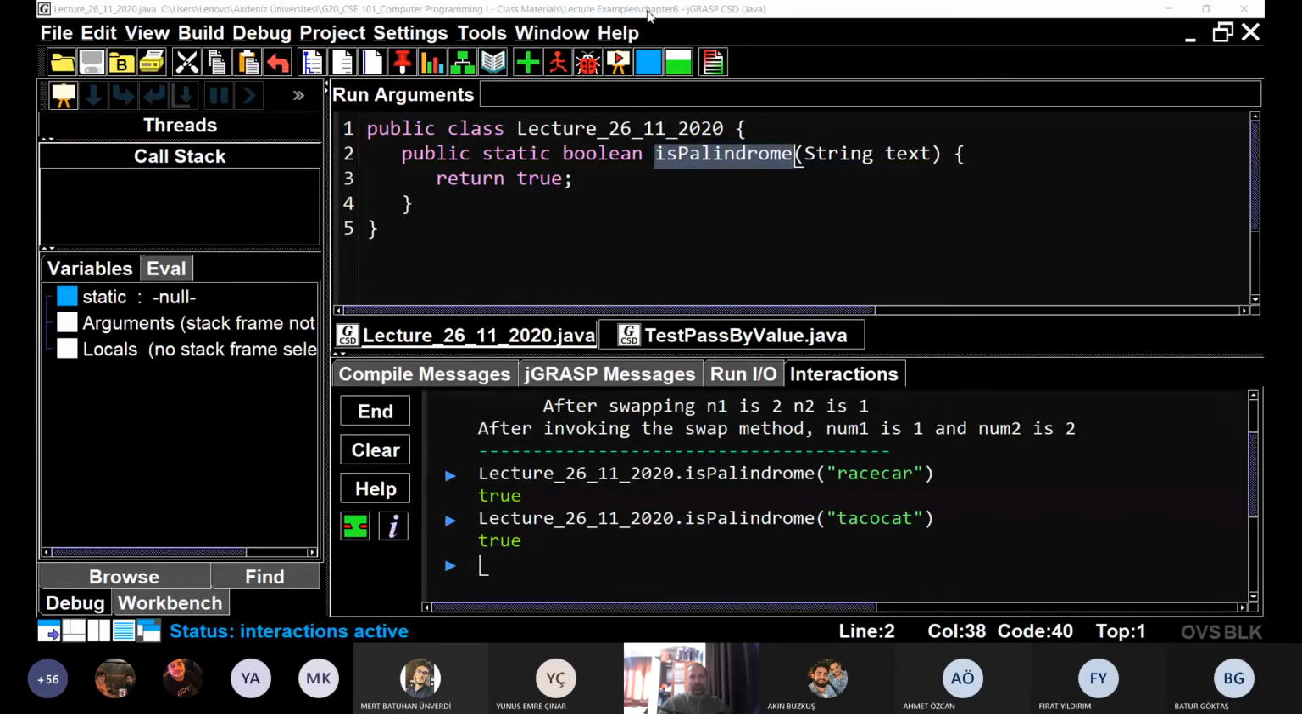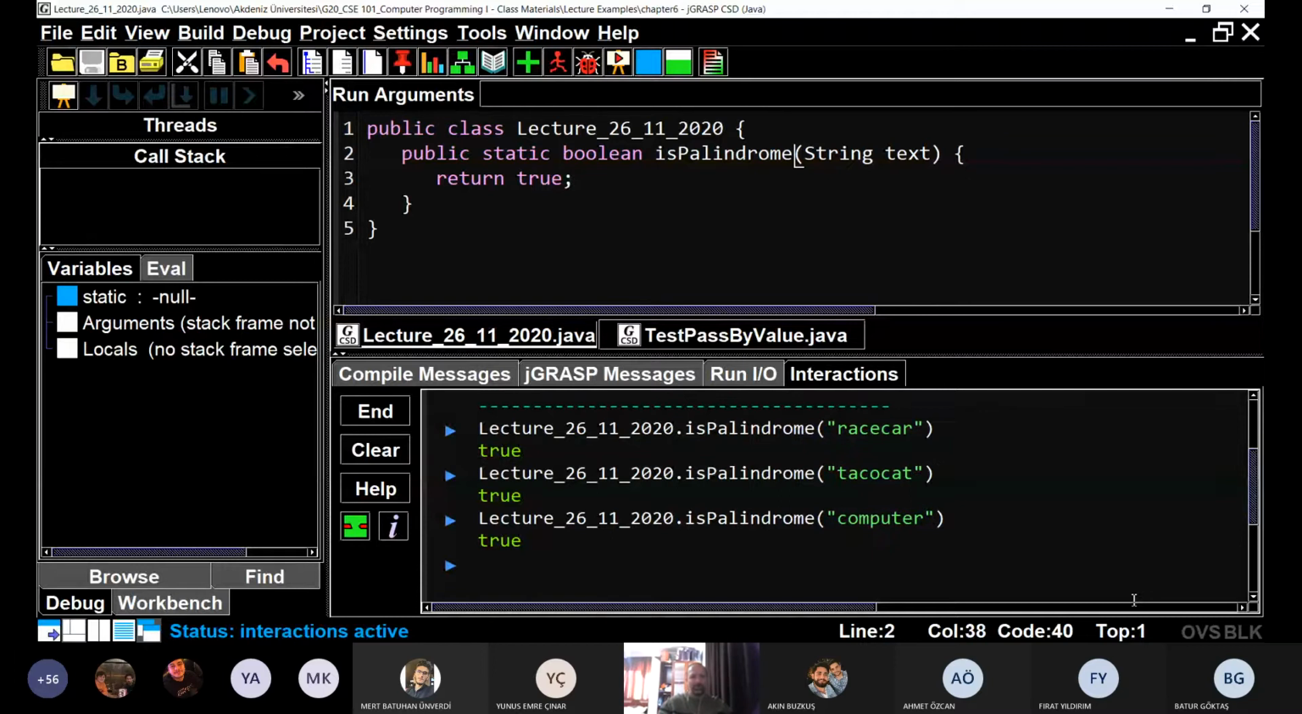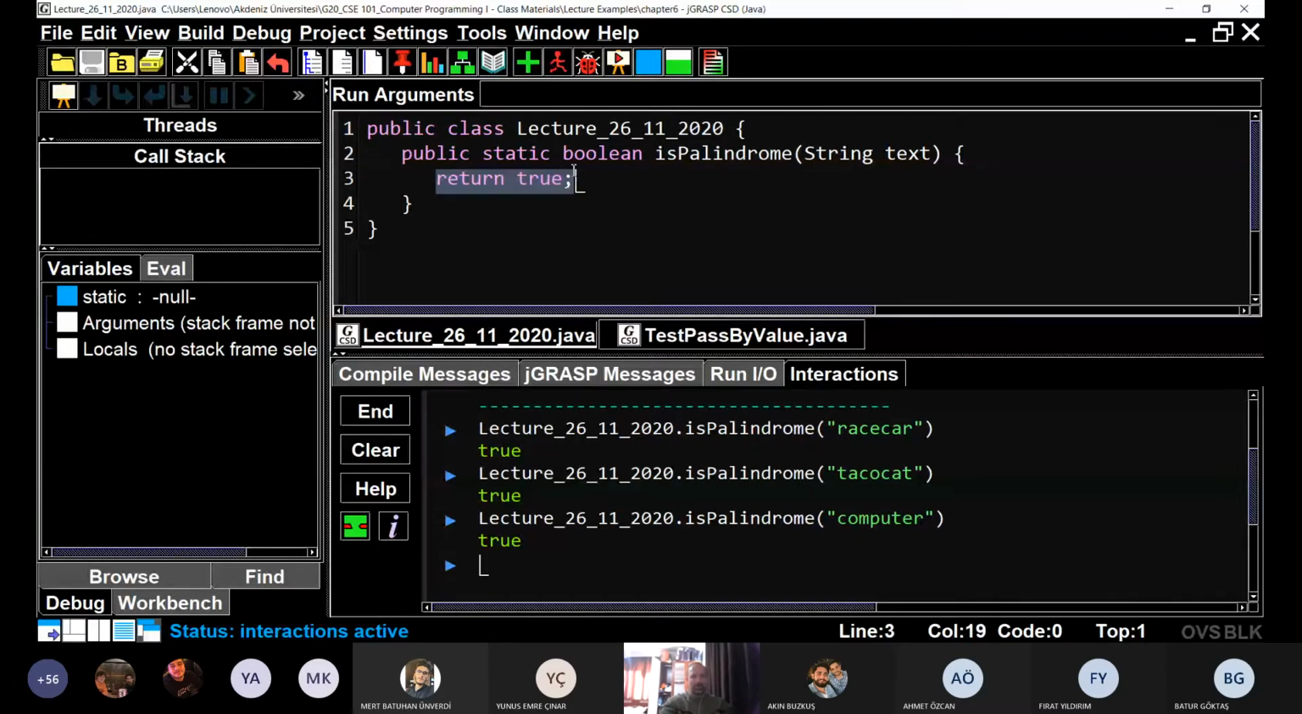Right. So this method works. No, this doesn't work, right? Because what happens if I send it computer? Computer isn't a palindrome, but yet it returns true. Okay. Well, how about if we do this? How about if we do, okay, if text dot equals